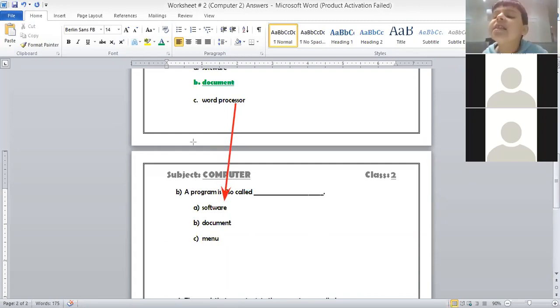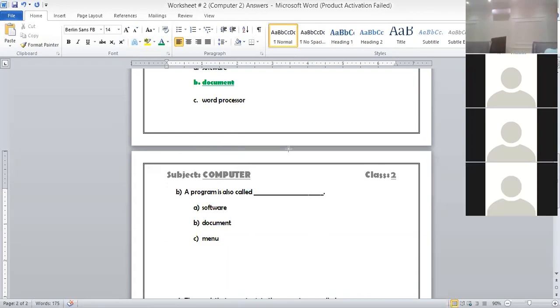Very good. Suleiman Saleh, are you listening to me? Yes. Can you read the spelling of software for the class? A program is also called software. Can you read the spelling of software? That means I tell the letters one by one.